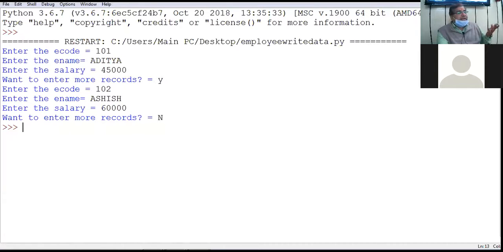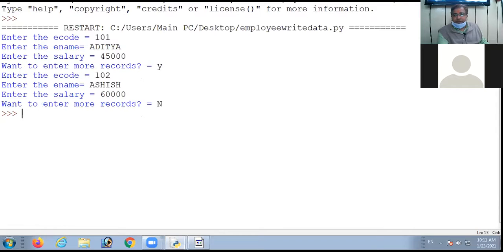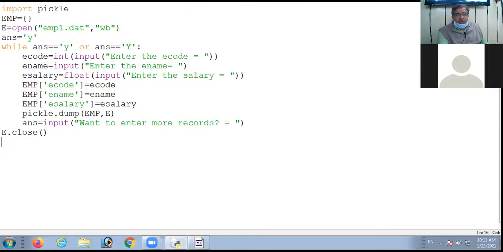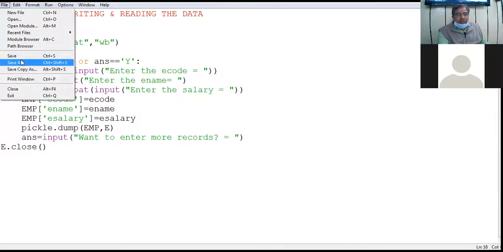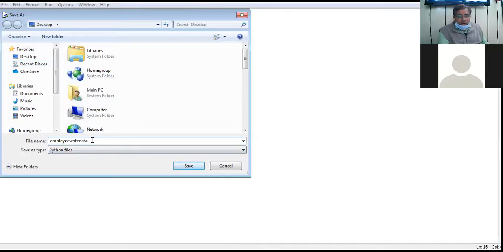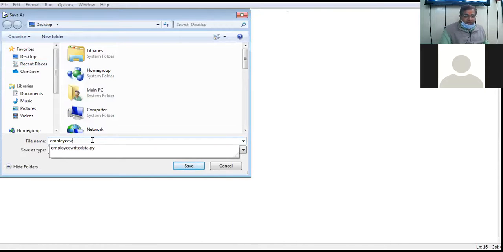Now I'll be creating the program for reading the records from the binary file, right? Let us now make the code for reading the data from the binary file.